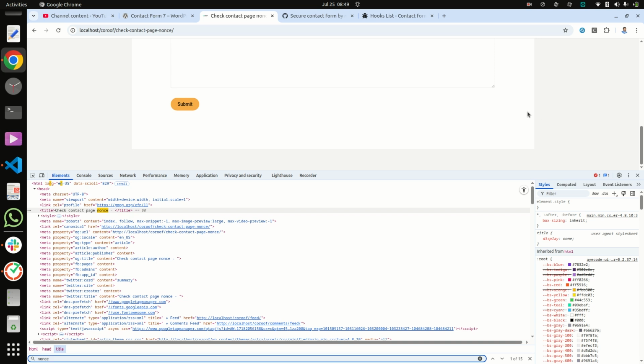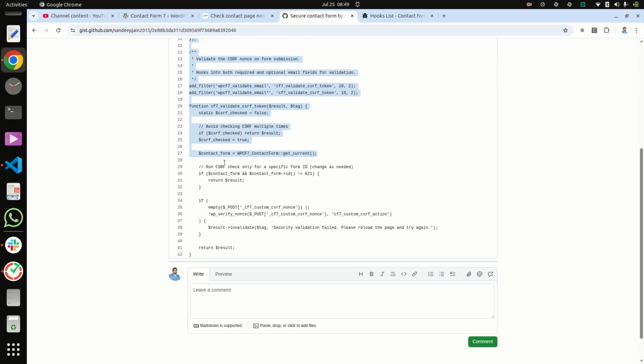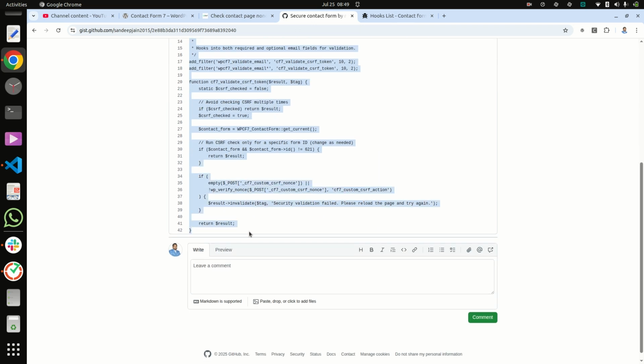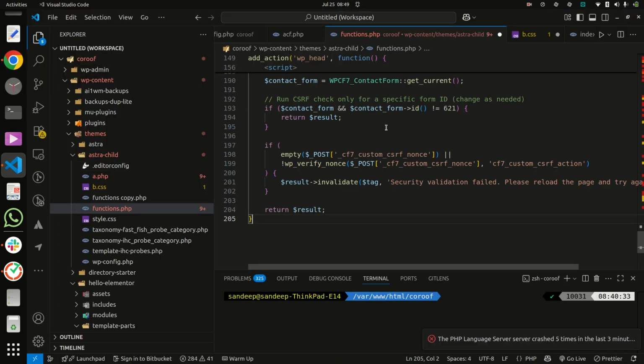So I am adding one code snippet to my child theme, and if you are a developer, you can put this code in the child theme, and if you are a site owner and not a developer, you can put this inside your snippet plugin.